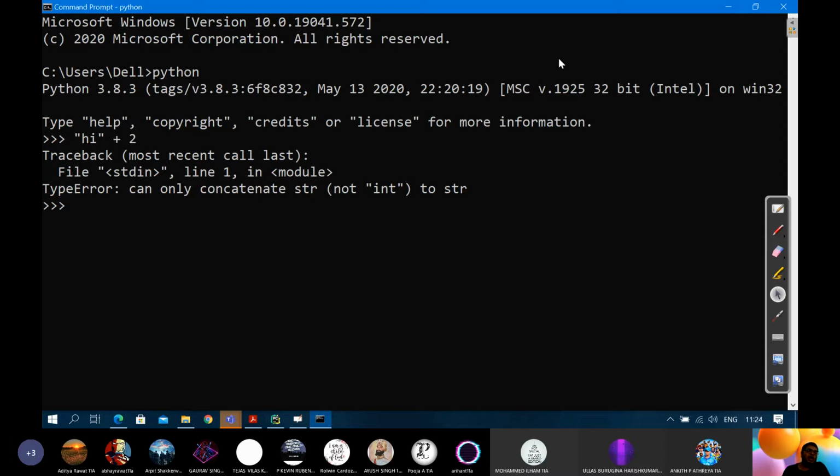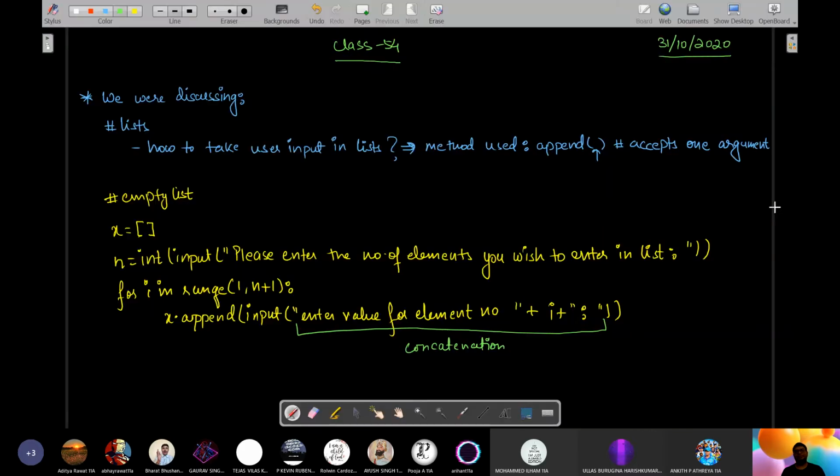But if you want to concatenate an integer, अगर करना ही हो, तो first of all you will have to convert an integer to string. How to do that? Use the function str. str के arguments में pass that integer that you want to convert. Now what will happen is str will add quotes around 2 and will make it a string. Okay, so now it will work. Okay, so we have learned one new thing today.